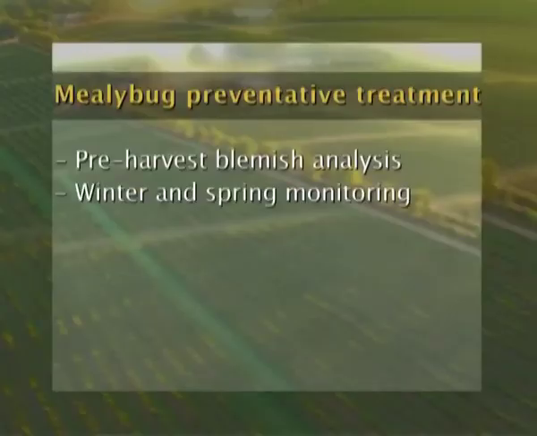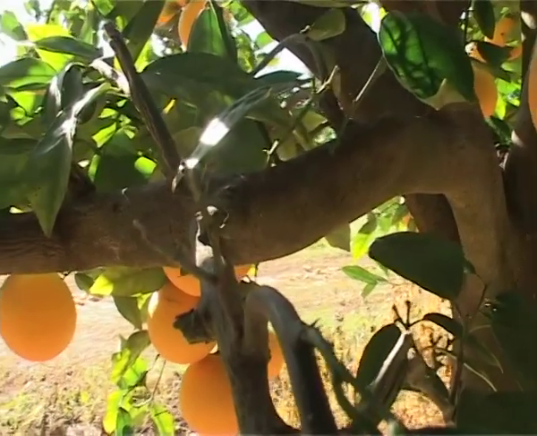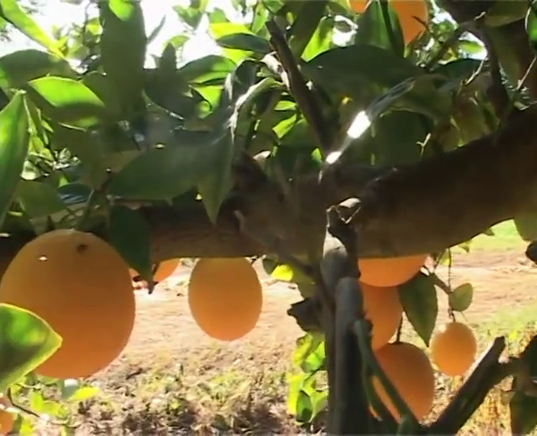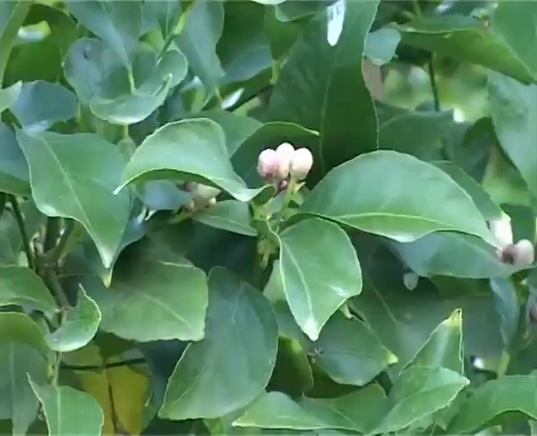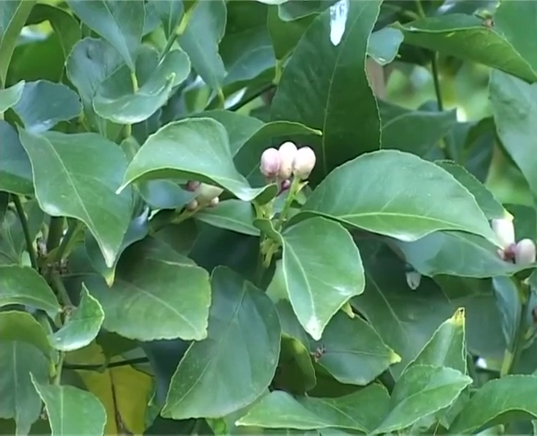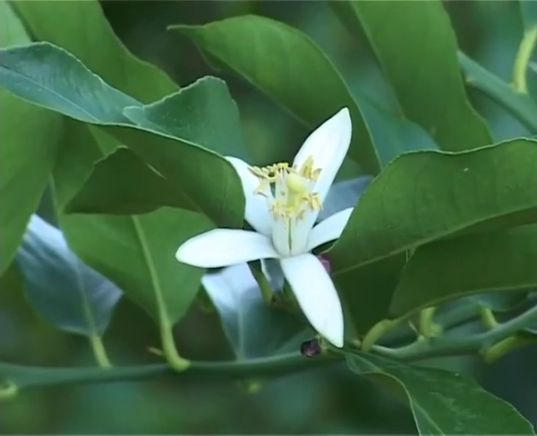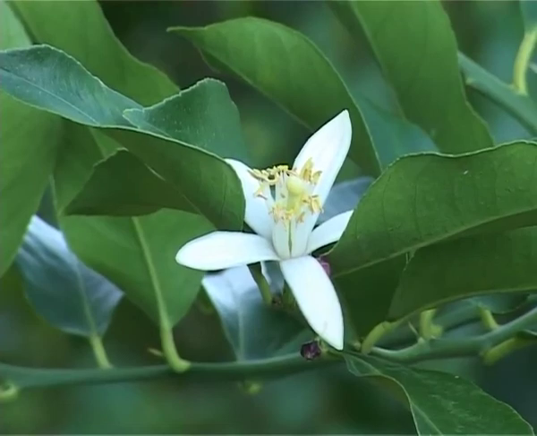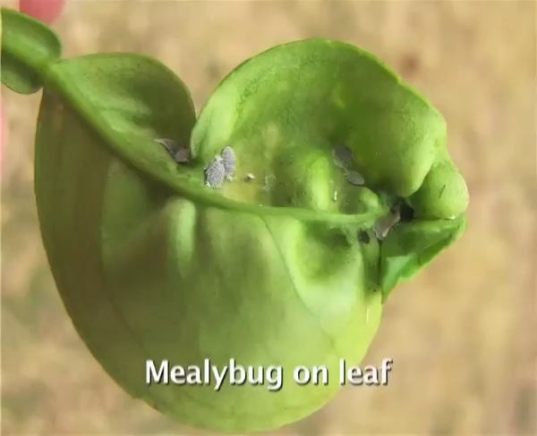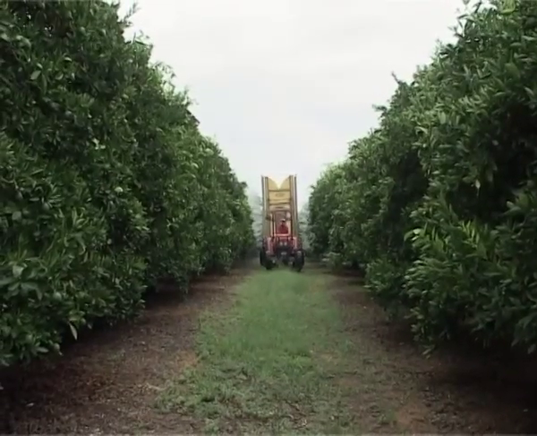The second is a winter and spring analysis. Here, the trunks of trees and scaffolding branches need to be inspected for any presence of live mealybug, and as spring approaches, also the new flush and the blossoms need to be inspected for any signs of mealybug. If any mealybug is found on these plant parts at these stages, then a spring spray for mealybug should be